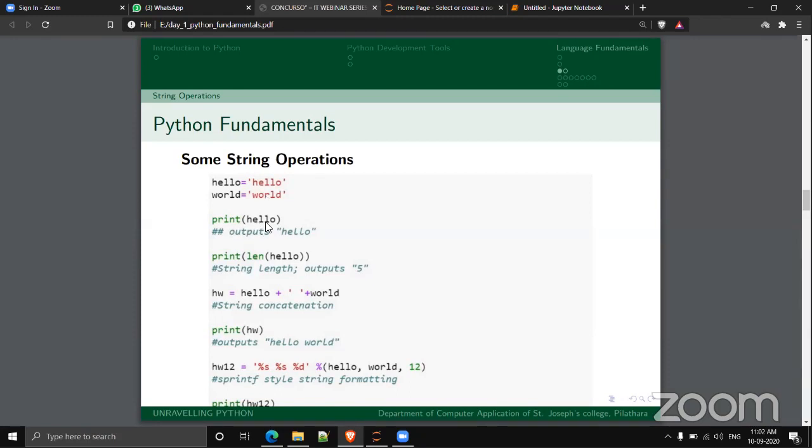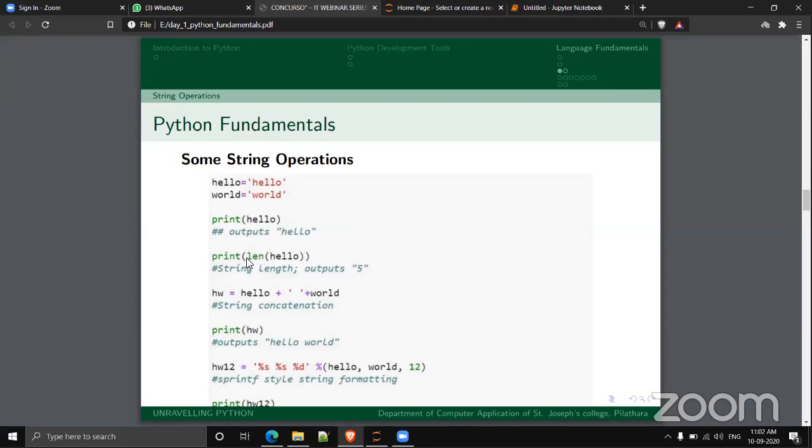And upon printing hello, you can see the output hello. And there is a function called len. Len of a string variable will output the length of the string. And what do you mean by the length of the string? It is actually the number of characters in that string.